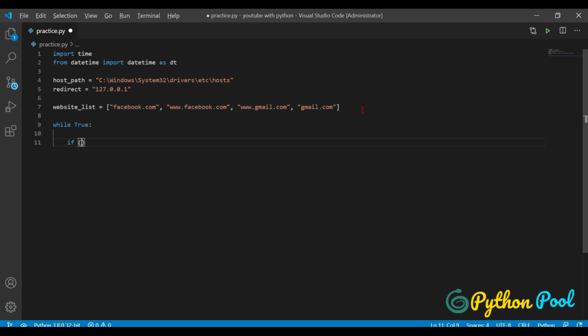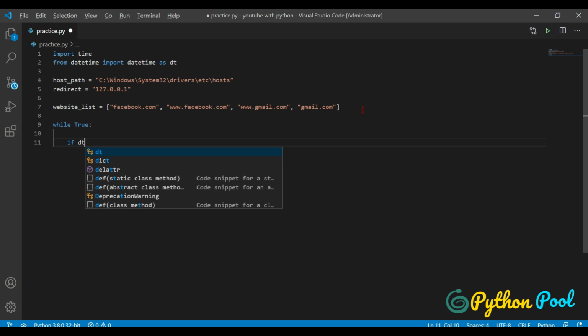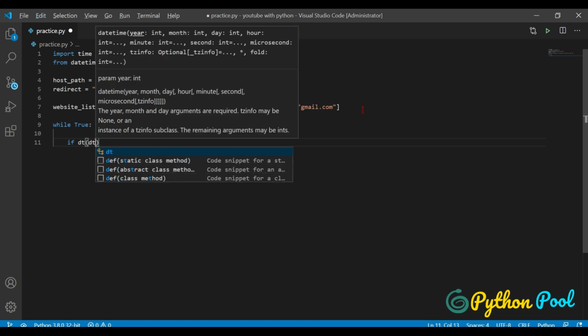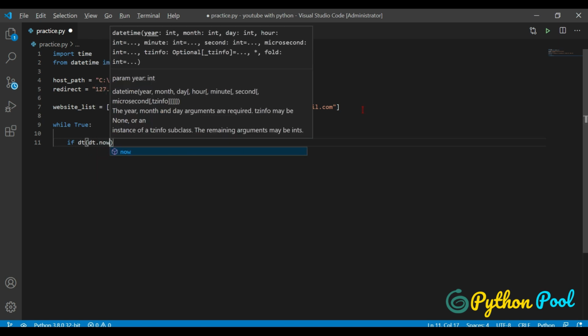If datetime. datetime.now is used to access the current time, current date, current year, current day.